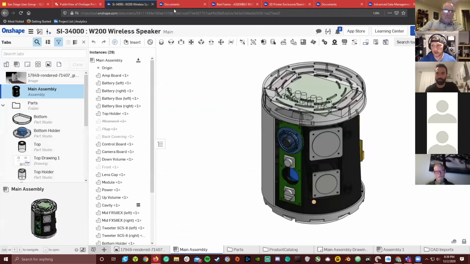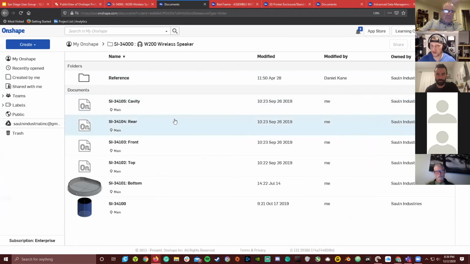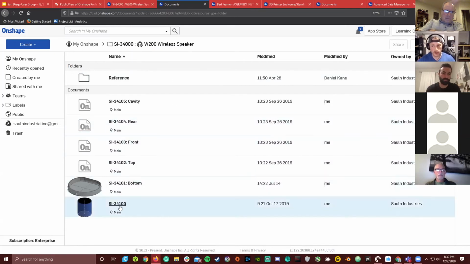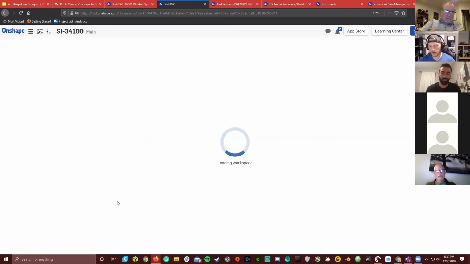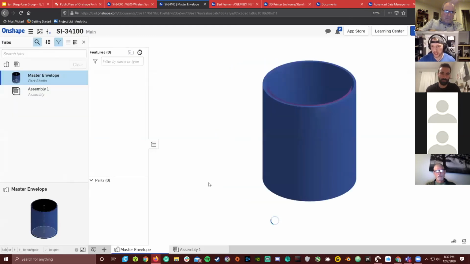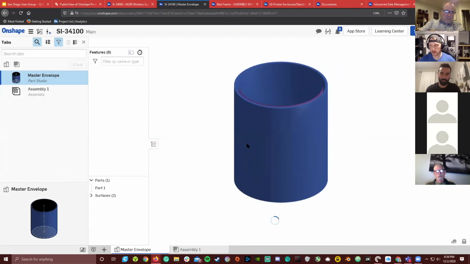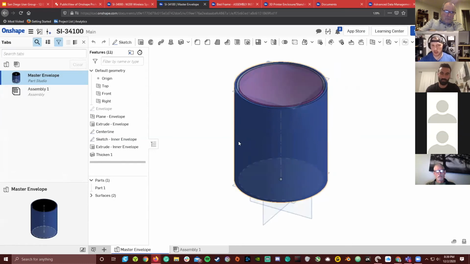I will admit our enterprise offering does make this really easy because we have very literally named projects to get it done. I tend to focus more on the professional side because those are the people I'm mostly talking to. So in my rework of this wireless project, I'm starting from scratch. My main frame, I'm very master model approach for most of my designs. So my main idea is going to be the master envelope controls everything. This is the outer bounds of the cylindrical speaker. Everything needs to get packed internally. So this is always going to be referenced, derived, or used in context in every other document or part studio